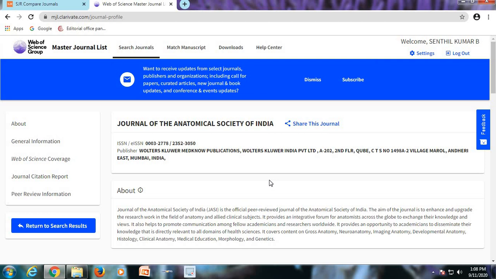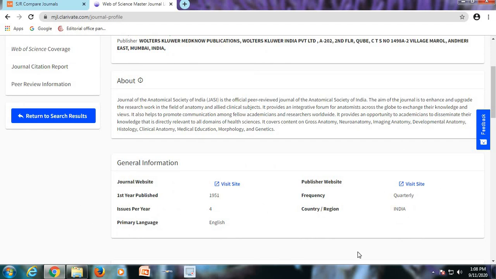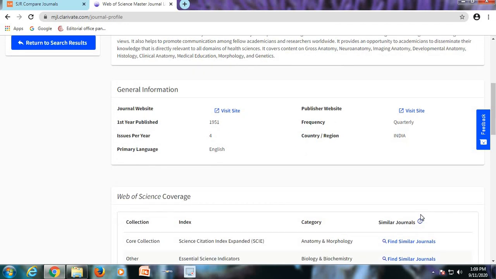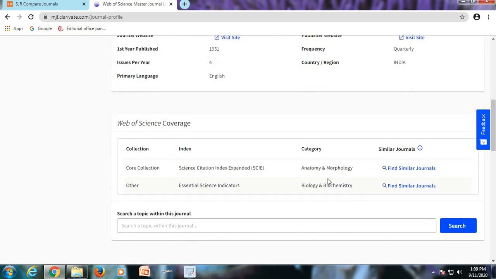So here you can see the details displayed about the Journal of the Anatomical Society of India. It gives the journal detail, general information, that is issues per year, publisher details, frequency, country, language, all those are the general information. Web of Science coverage, and this particular journal is indexed under Science Citation Index Expanded under the coverage of Web of Science.